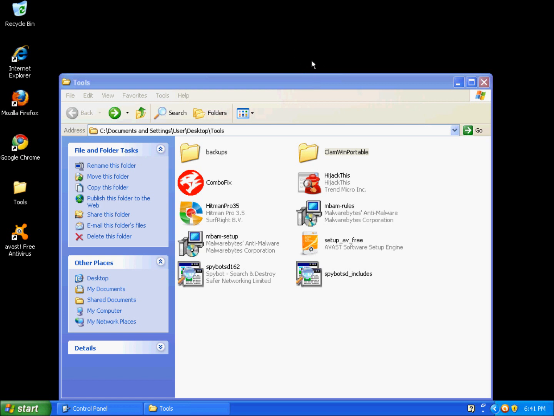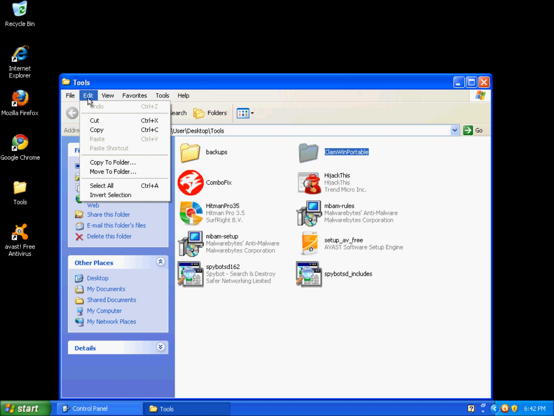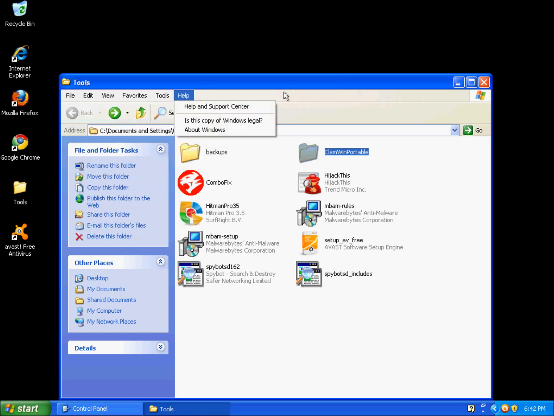Now, the other thing too here, I just want to tell you about, there's a built-in function in Windows, okay? And it doesn't really show it here, but if you hold down the Alt key and press F4, you can close out of a window. Now, the reason I bring this up is because sometimes you have pop-ups, all right? And